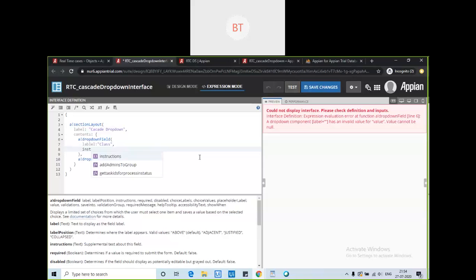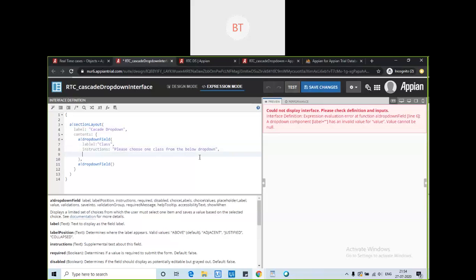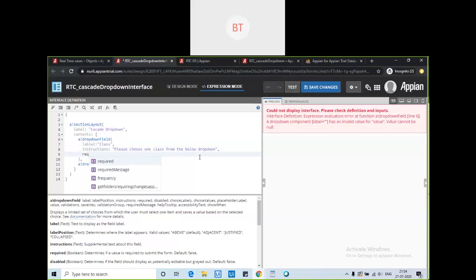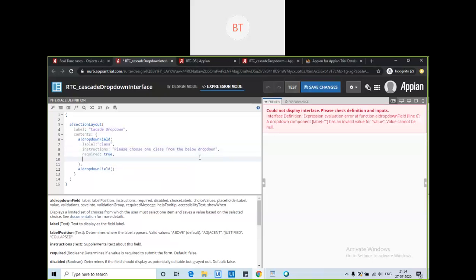Instructions will say: please choose one class from the drop down. We need to select something from the drop down, so required is true. Now it's asking for choice labels.